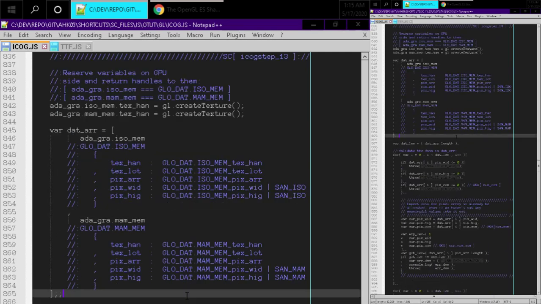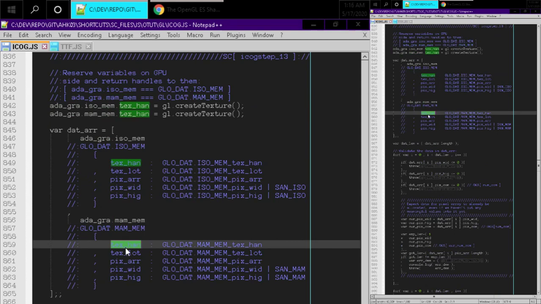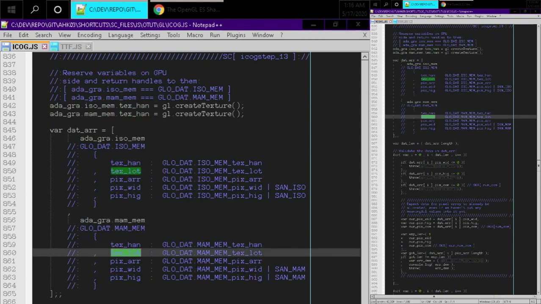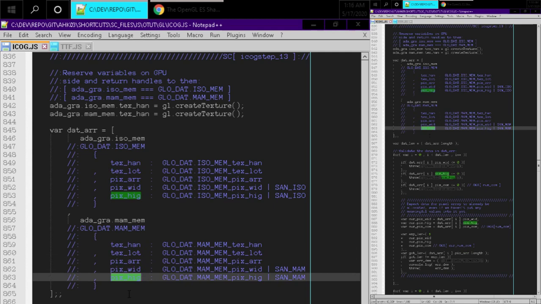So I commented this out, but right, this is the basic structure of this. We got the texture handle, and the texture slot. So what we really need to do is be able to set the sampler value,